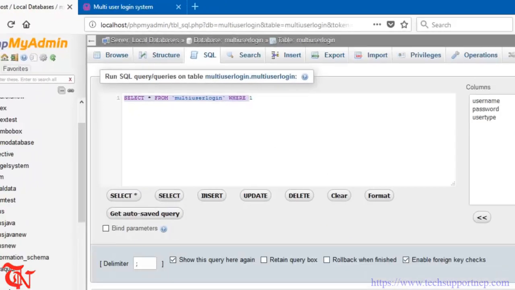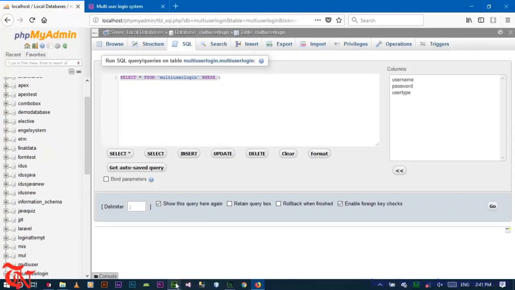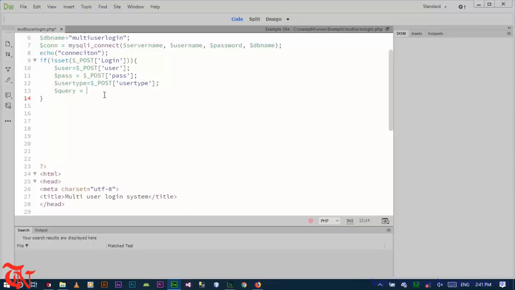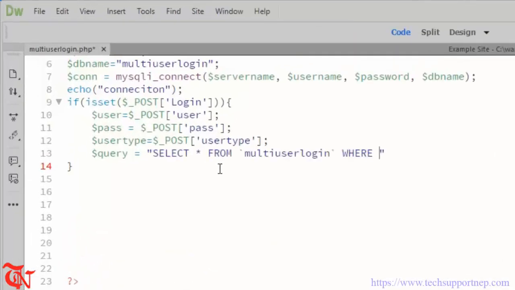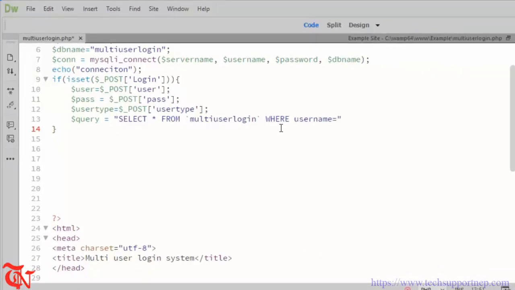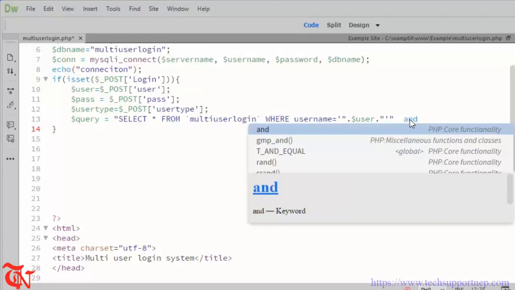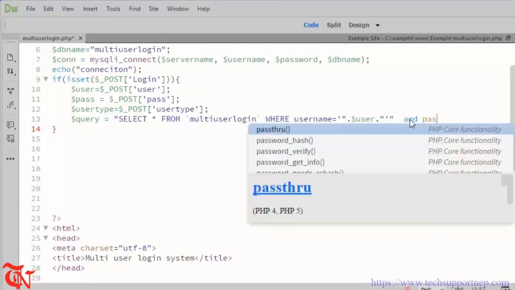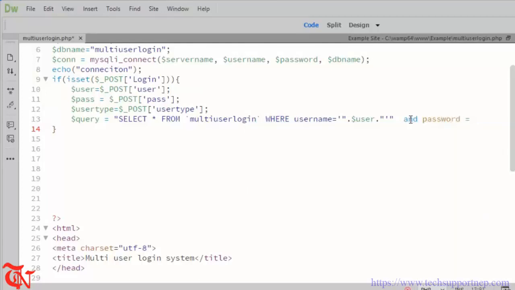asterisk. Just copy this, go back to remover and paste this: select asterisk from multi-user, where username is equal to single quotes, inside the single quotes, double quotes, now two dots, and here goes user. And password is equal to, same process,